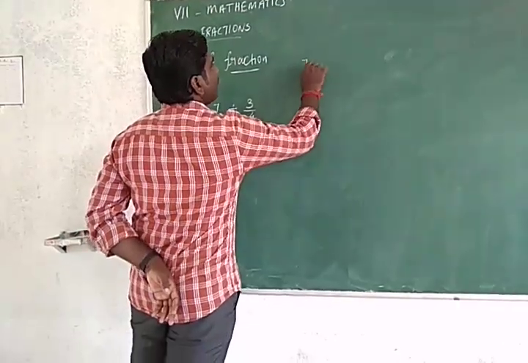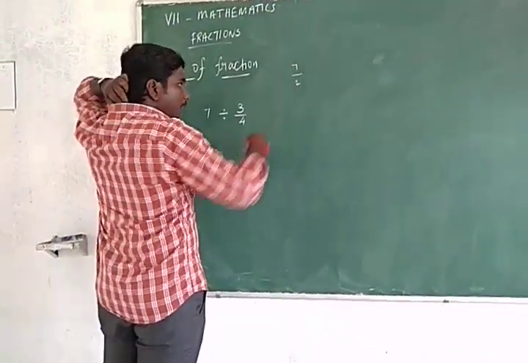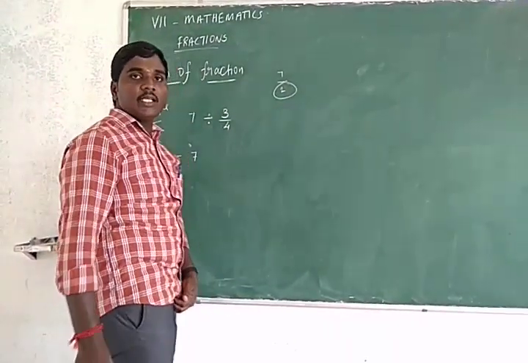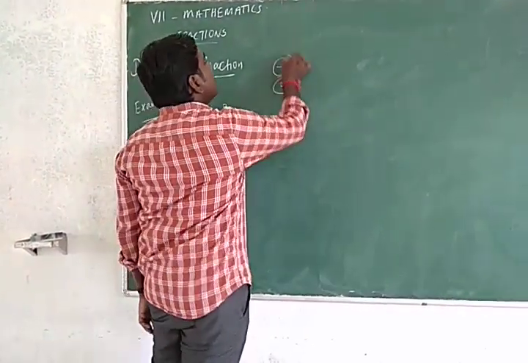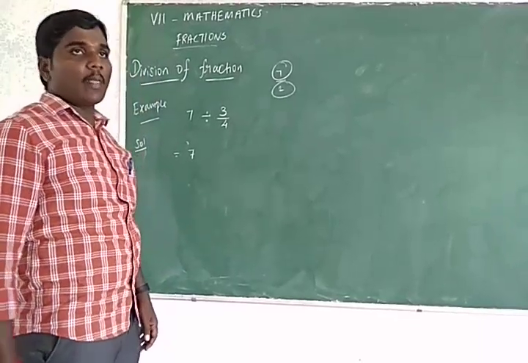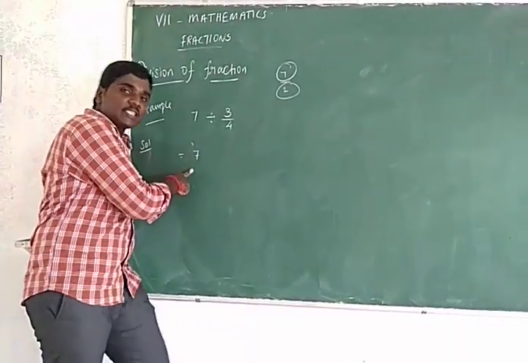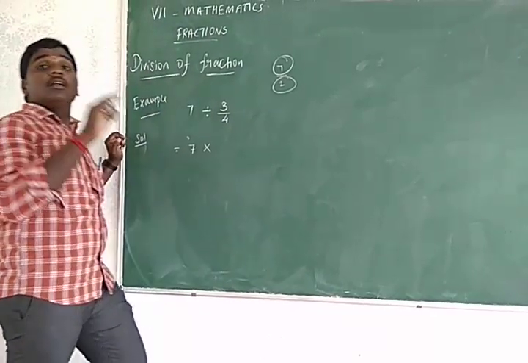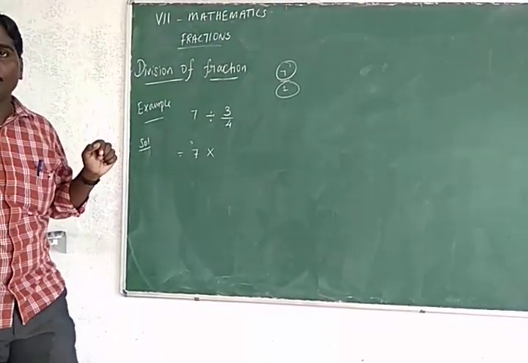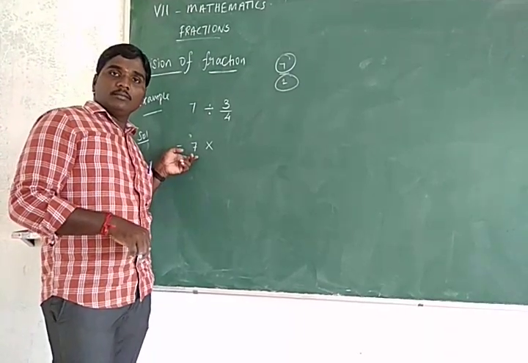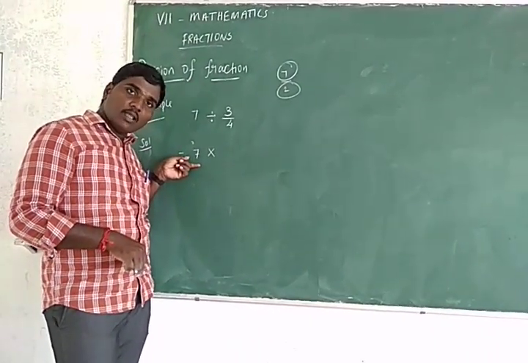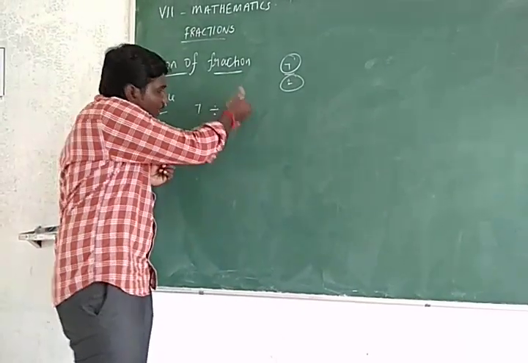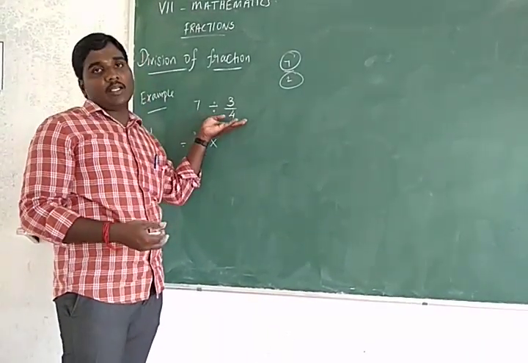For example, 7 divided by 2. It means 7 divided by 2. So it is called division. This one is called the dividend. Okay, right. So the dividend we keep the same. Then multiply with the reciprocal of the divisor. What is the reciprocal? It is the second fraction, the divisor, turned over.